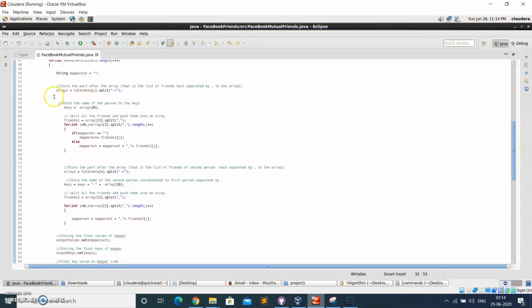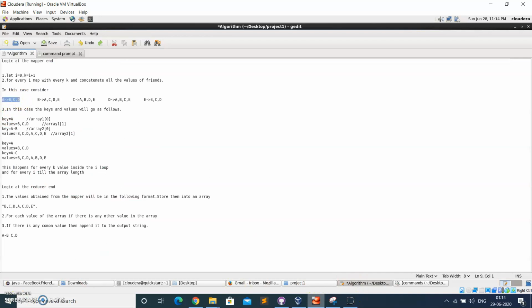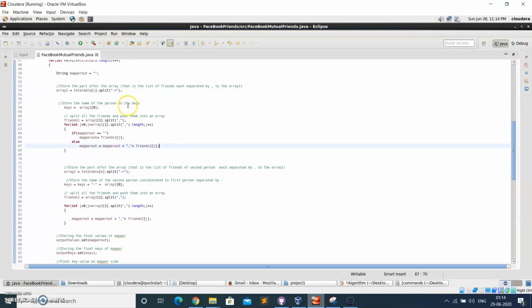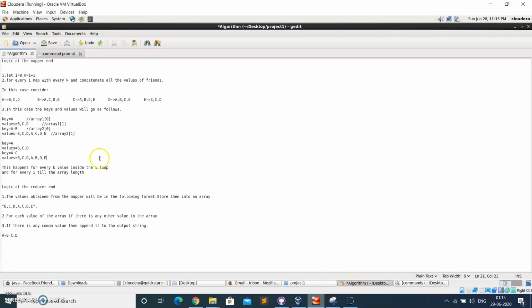As I told you, this will be the value that we are getting in the first value of the total data. This array 1 will be split with the help of this arrow mark. Now the key value will be our array 1 of 0, and all the friends will come into friends of 1.